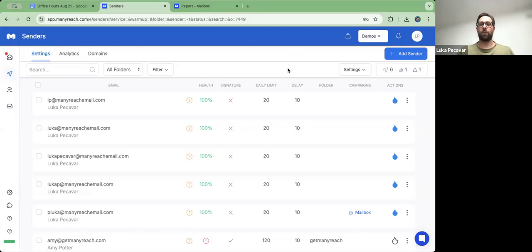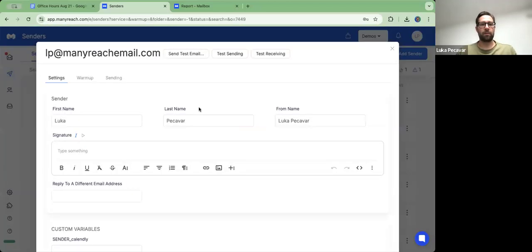And so when it comes to the actual cold email campaigns, they will let them land in the primary inbox instead of spam or promotion. It's very recommended, almost mandatory, that you keep the warm-up process turned on for the whole time of doing cold outreach campaigns. When it comes to sender settings,